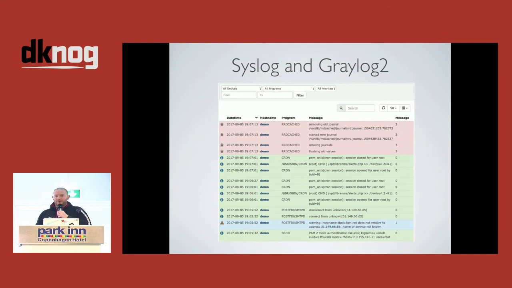But again, what we don't really want to do is reinvent the wheel all the time. So what we added probably a couple of years ago now was basic support for Graylog 2. If you run a Graylog 2 install, then you can point your configuration from LibreNMS to it, and we'll search on that instead of the inbuilt one. Logging into MySQL just doesn't scale. If you're going past a handful of devices, to hundreds of devices, it's just not going to perform very well. So if you're interested in syslogging, I'd highly recommend using Graylog 2 and the integration. They do it a lot better than we can.